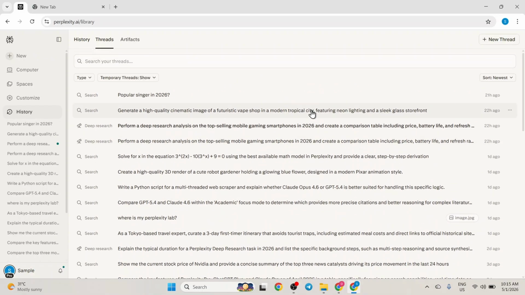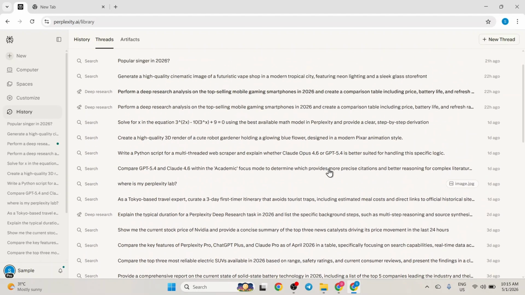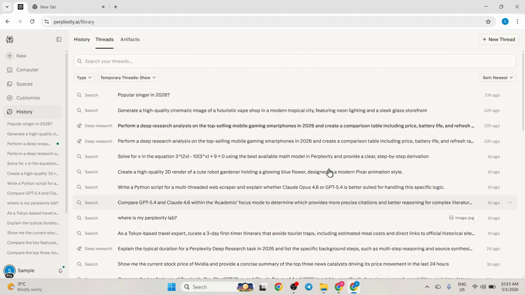threads I've created. Looking at the results in my history, I have a deep research analysis on the top-selling gaming smartphones for 2026 that includes a full comparison table for hardware specs. I also have a detailed thread comparing GPT 5.4 and Claude 4.8 to see which model provides more accurate citations